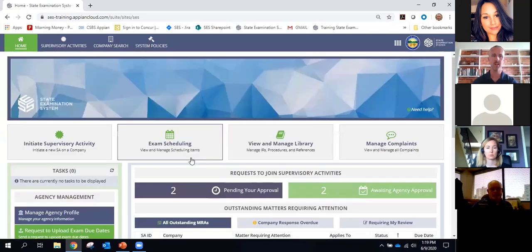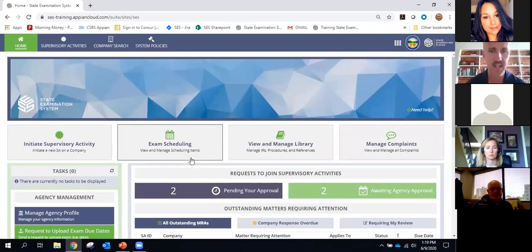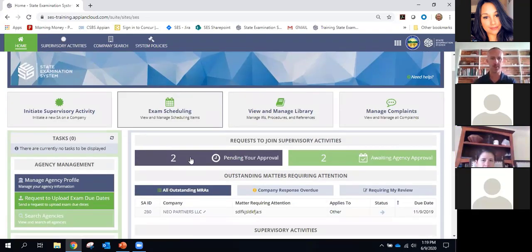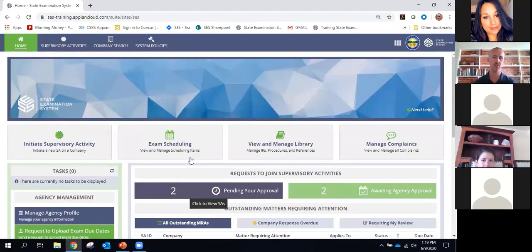So I am now logged in as a user into SES from the state of Ohio. And again, this is our training environment, so none of the information here is confidential. You don't need to worry about seeing anything you shouldn't. Just to give you a quick tutorial of this homepage, what you're seeing here is the homepage of a user at what we're calling the staff director or the staff user role. These are roles in the system that are given a little extra permissions above what a typical examiner would have. It has nothing to do with where this person sits in their agency, so this role can be held by an examiner if it's appropriate.